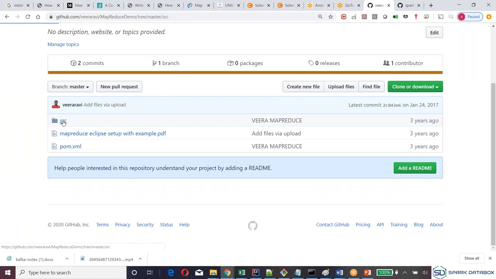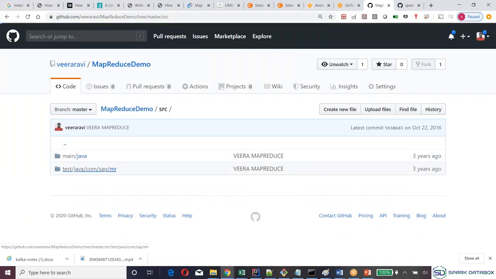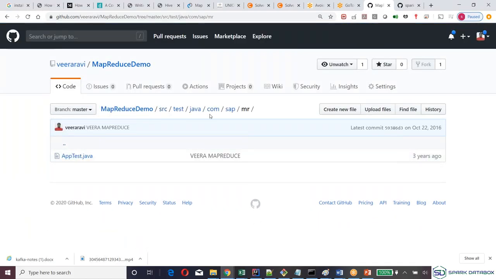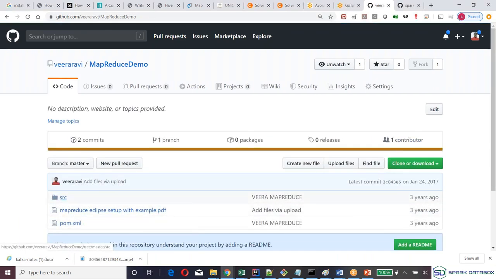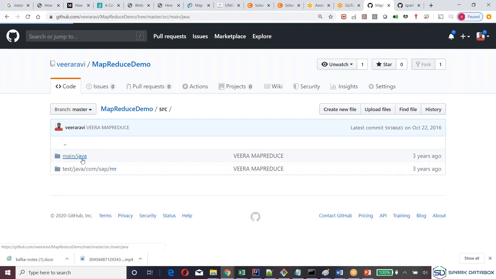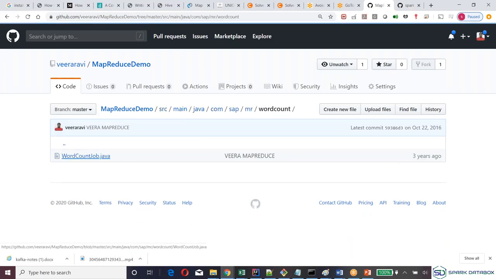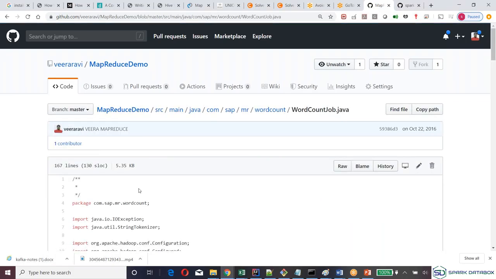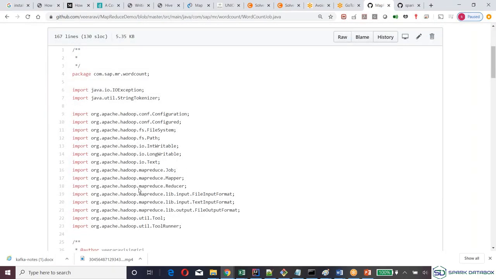Such kind of lengthy program we have to write. This is a simple word frequency or word count program.